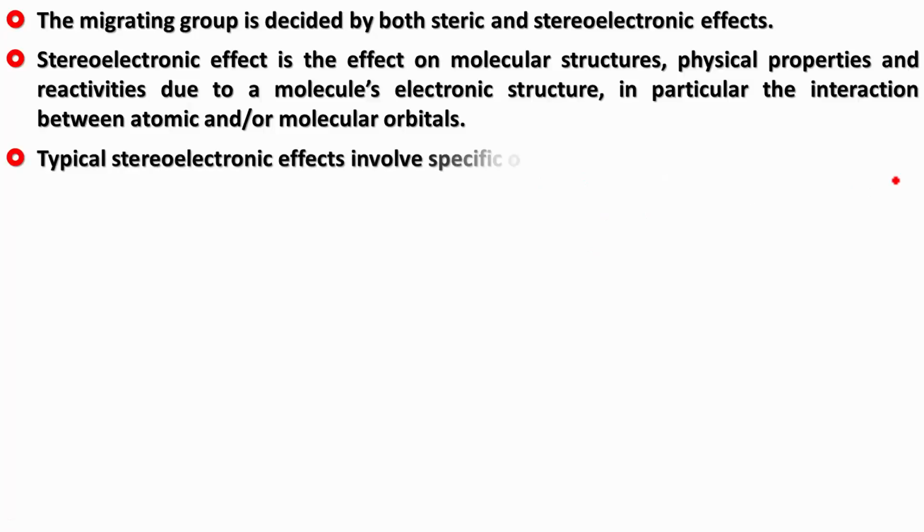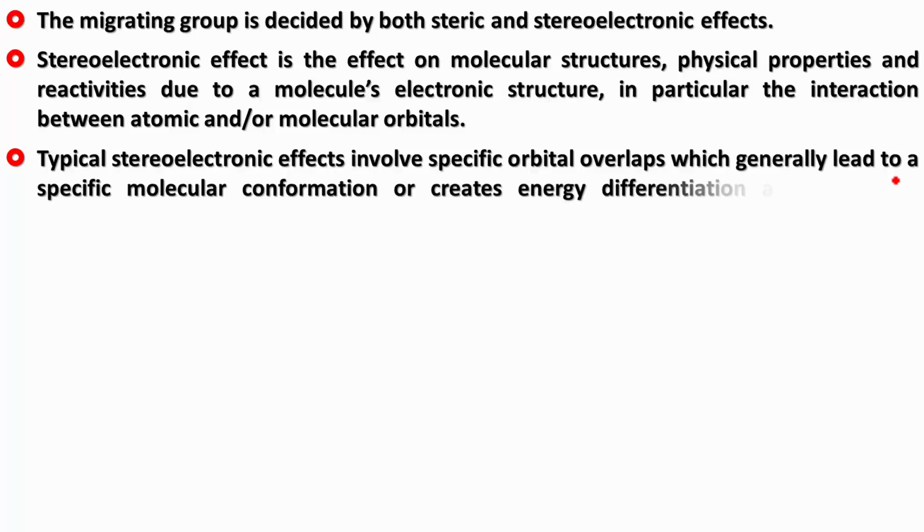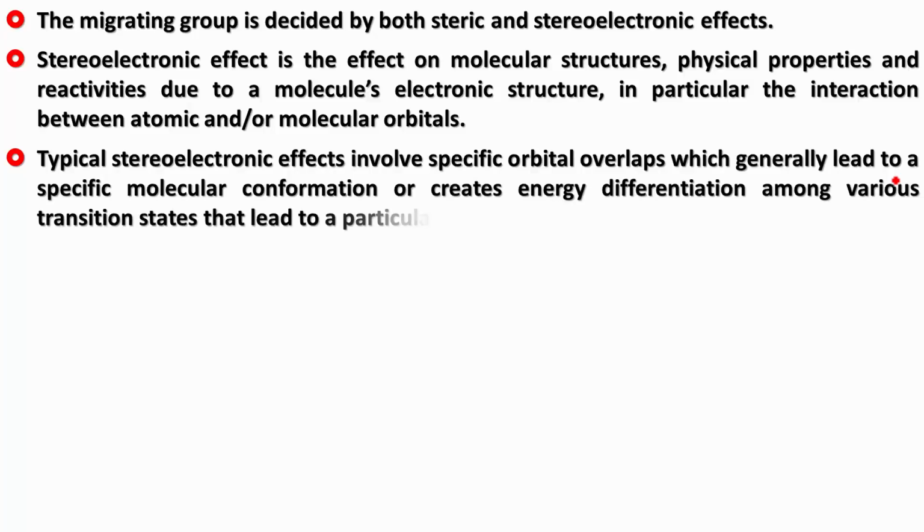Typical stereoelectronic effects involve specific orbital overlaps which generally lead to a specific molecular conformation or create energy differentiation among various transition states that lead to a particular reaction selectivity. Now what we are basically trying to say from this point is that if you are aware of what is known as the gauche effect, the gauche effect is basically an effect in which you have highly electronegative